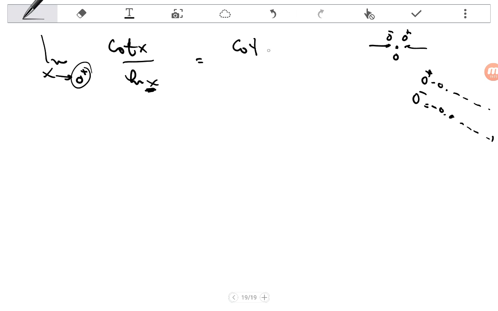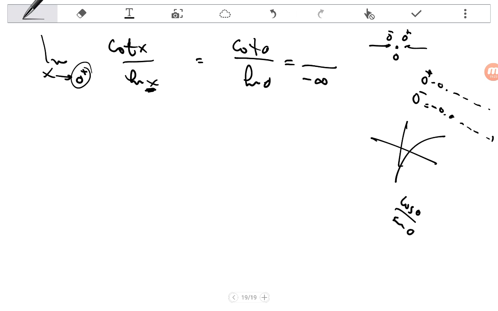Cotan, now I have cotan 0 over ln 0. Do you remember what is ln 0? Minus infinity. What is cotan 0? Cotan 0 is cosine 0 over sine 0. Cosine 0 is 1 and sine 0 is 0. So this is infinity. Can I apply L'Hopital's rule? Yes. Because it is infinity, it doesn't matter the negative sign. I can apply L'Hopital's rule, so that will be